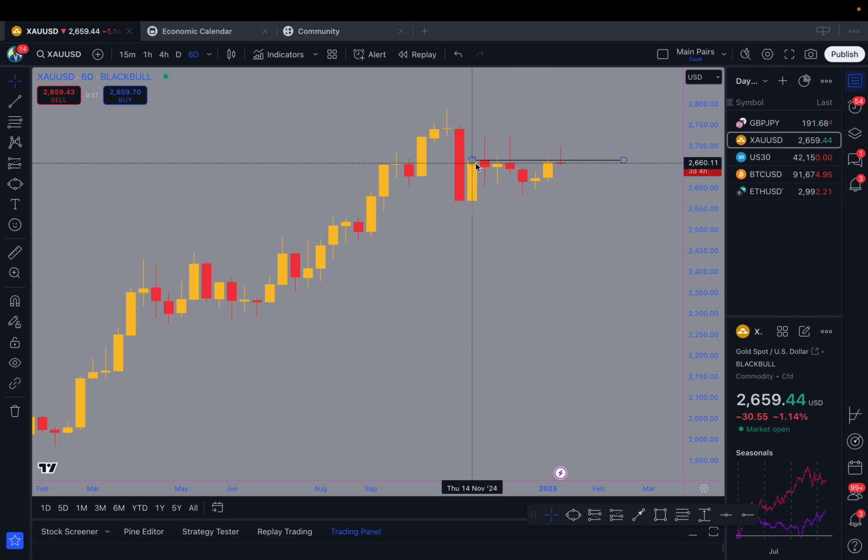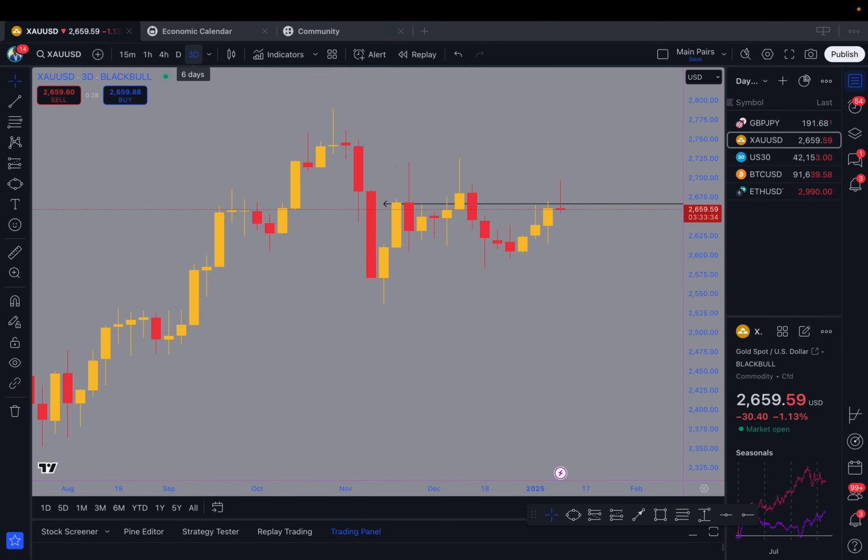So, cool. You already notice this area right here where it keeps being rejected from. We could see it, this is obvious. Right here, tap, rejected, and right now we're on this brand new week where we see it is now doing the exact same thing. So let's take a look at the 3-day time frame, and now the week is broken up even shorter as we want to get a bigger definition to see what in the world is going on. So as we take a look at this, we see a support level that we want to mark out. And we're not going to delete this one